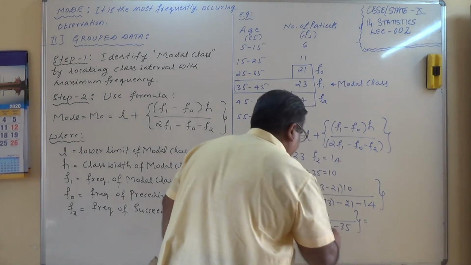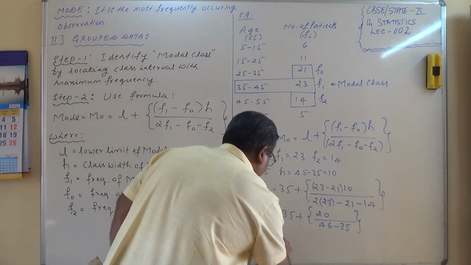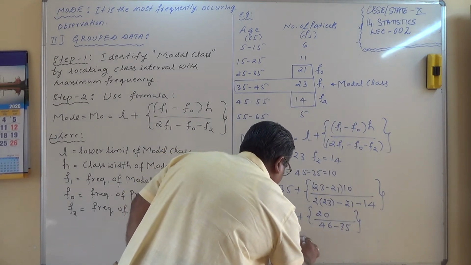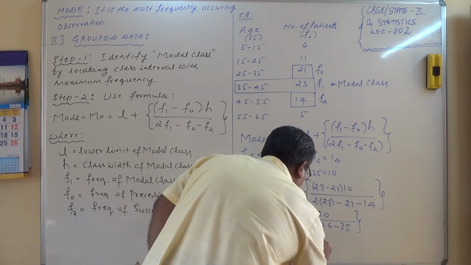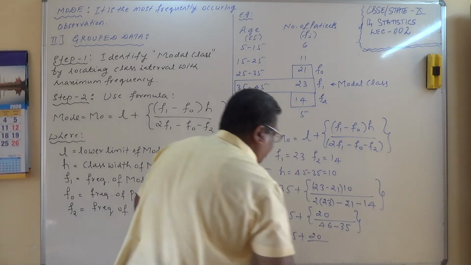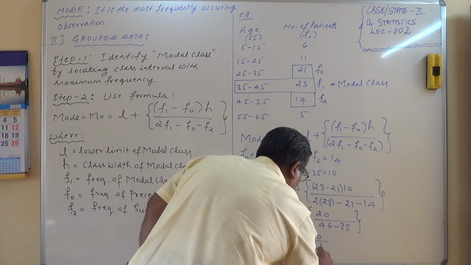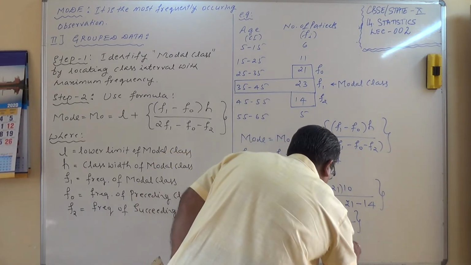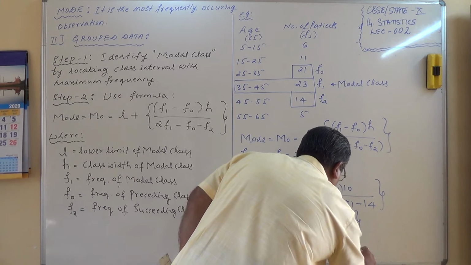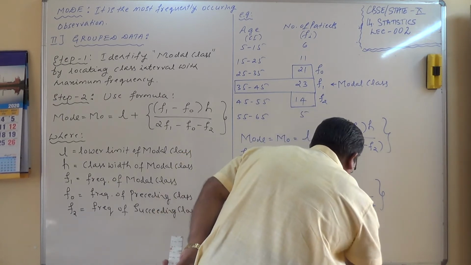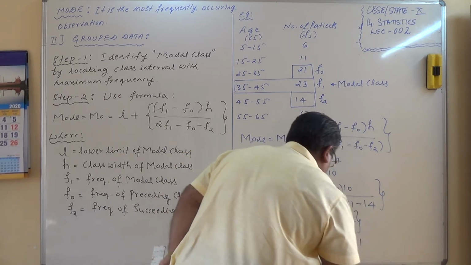Which is equal to 35, or I'll write here below, 35 plus 20 divided by 6 minus 5, 1, 4 minus 3, 1, which is equal to 35 plus 11 ones are